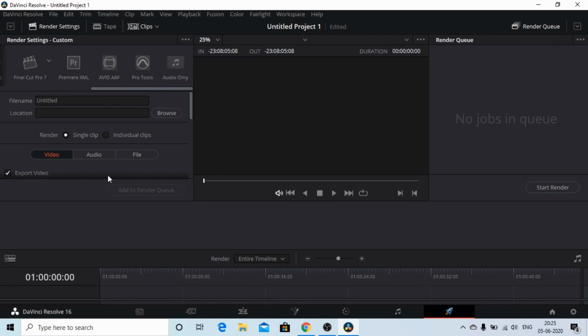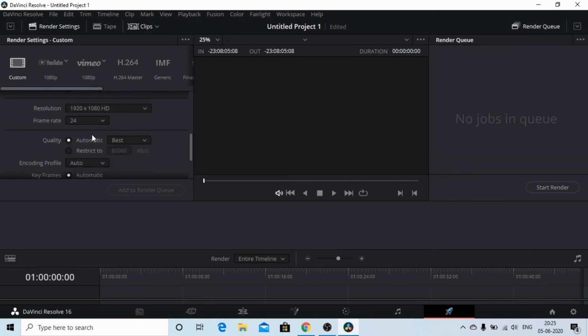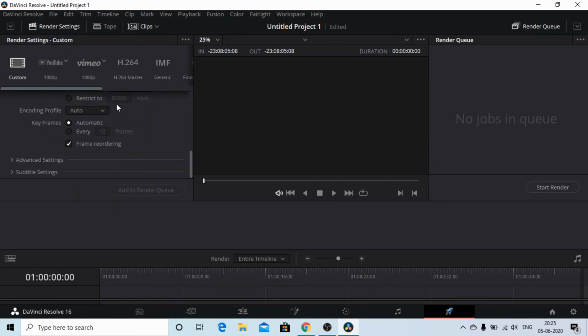If you have a video file and you just want the audio, you can just click on this and export, and you will get only the audio. So here in custom, you can choose up to 4K. So yeah, and then you can do pretty much everything you can do on extreme editing software.